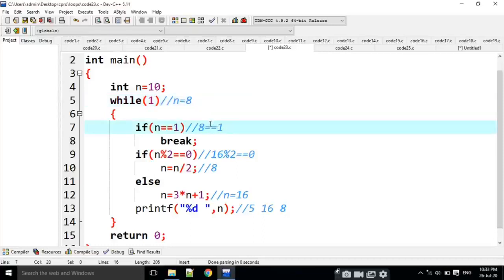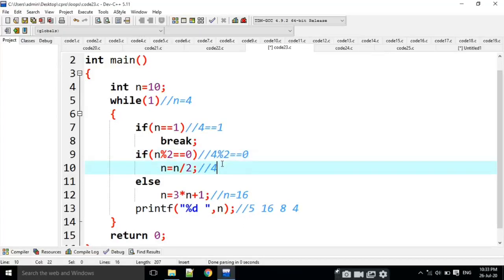Is 8 equal to 1? No. Is 8 divisible by 2? Yes. Then n becomes 4. I am going to print 4 here. Now n is 4. Is 4 equal to 1? No. Is 4 exactly divisible by 2? Yes. Now I am going to print 2 here.